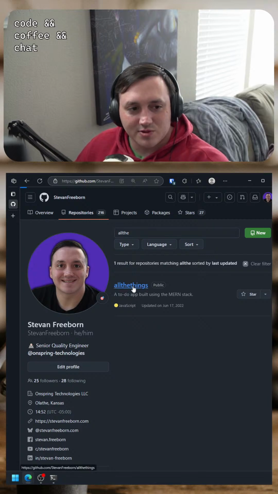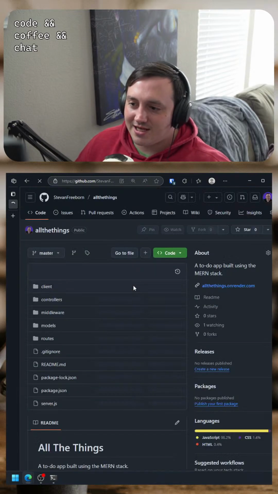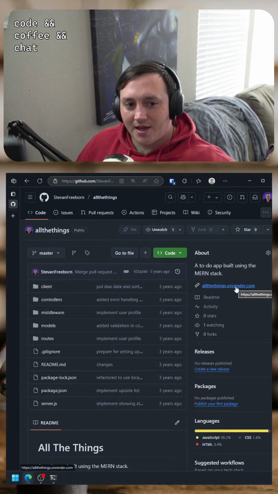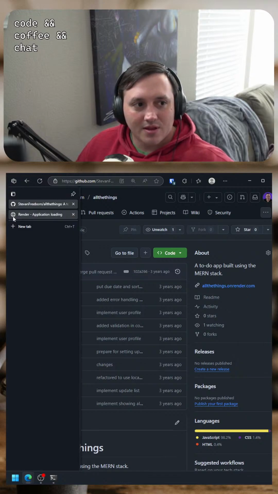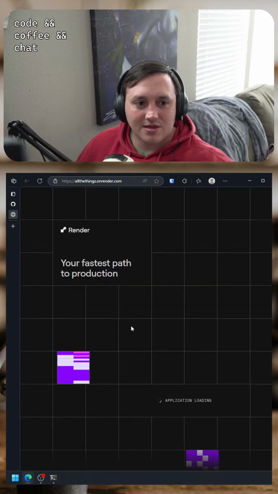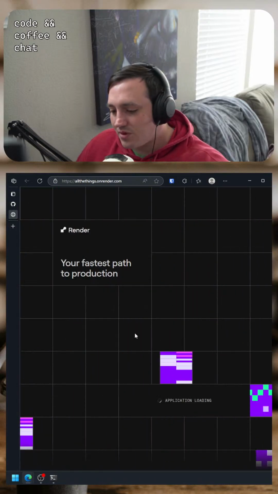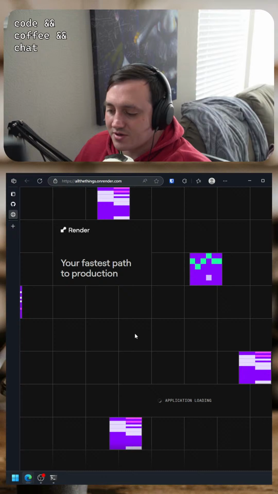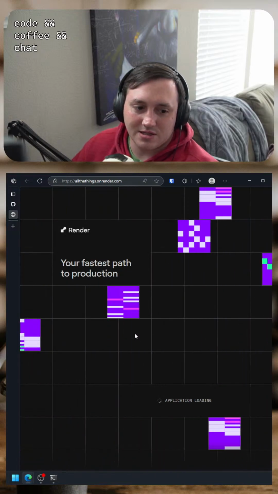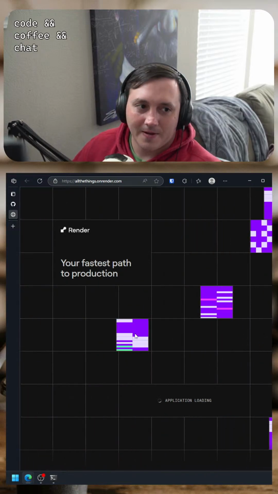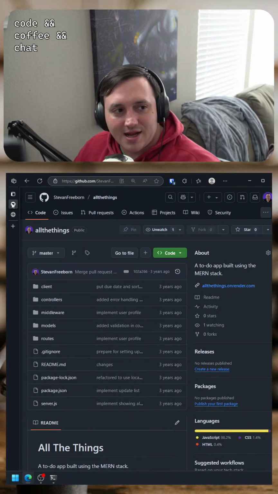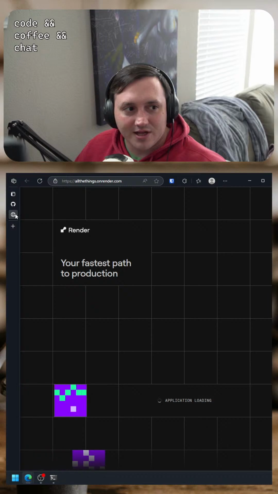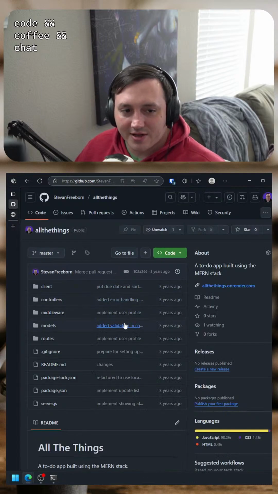This was the first end-to-end MERN stack app I built. It's hosted on a free Render site, but it wasn't totally specified. I kind of put it together. Which is not to say that I want to show off how great this app is, because there's really nothing that great about it. It's just a to-do app.